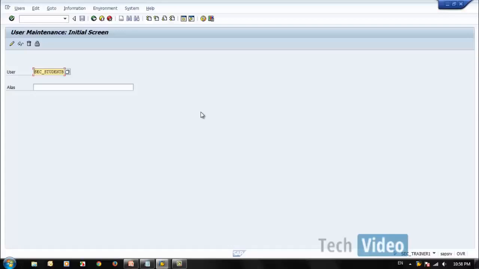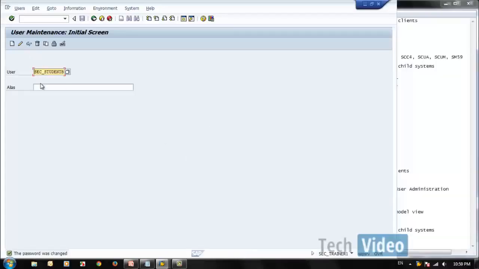Now we will see how to see the log of the distribution of this ALE, because you may find a lot of times that you do some changes but they have not reached the client system. At that time you need to check the log of this ALE.